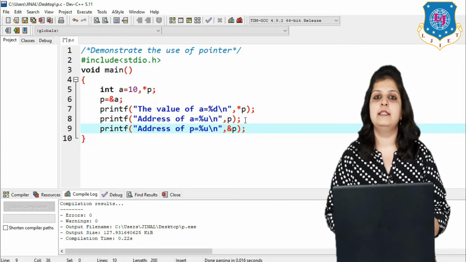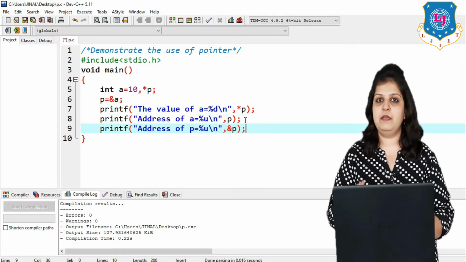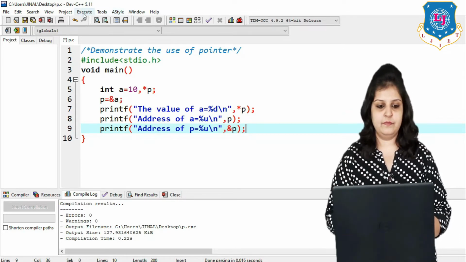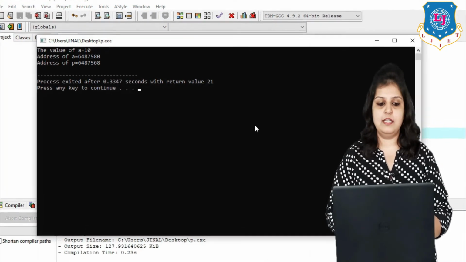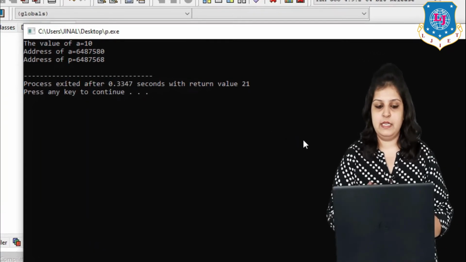The & indicates an address. So here the meaning of &p is the address of pointer p. So let's see the output. Here you can see the address of a as well as the address of pointer p in memory.